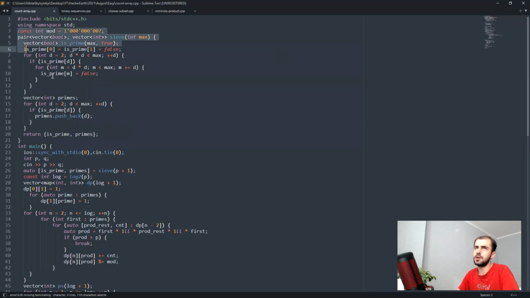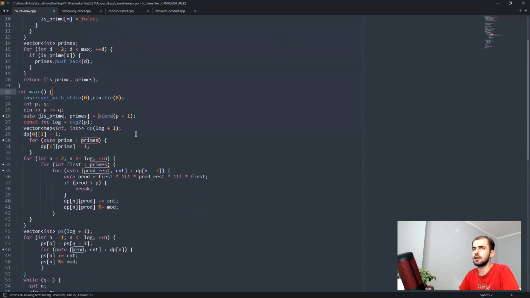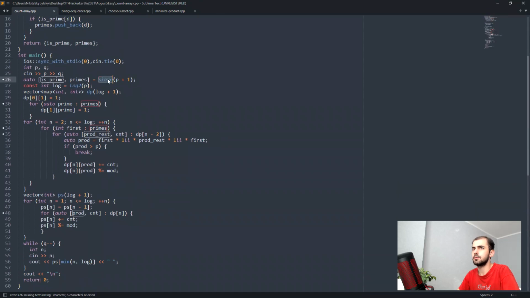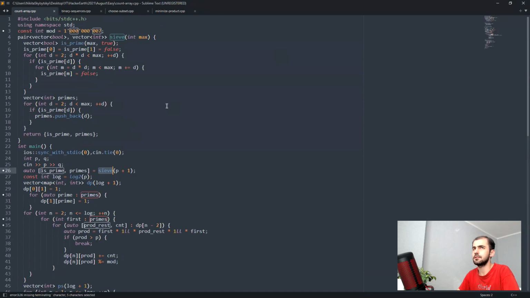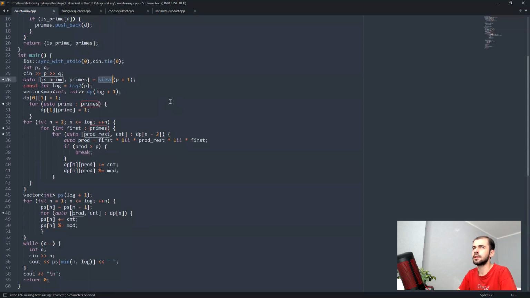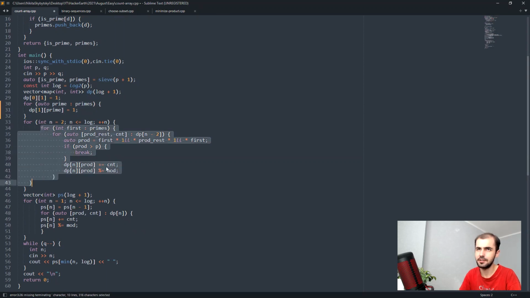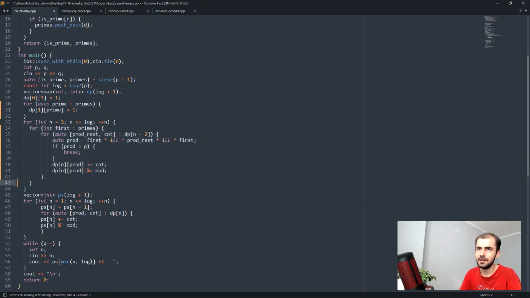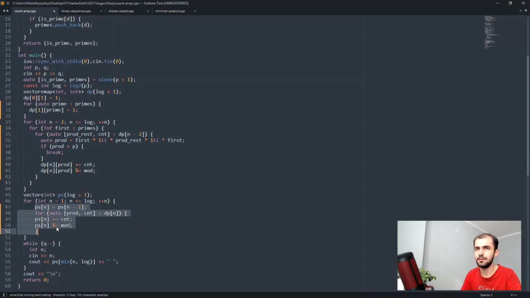So this problem I probably overcomplicated. What I did, I got my Eratosthenes sieve to get all prime numbers quickly. Then what I... Oh my goodness, the indentation is terrible here. Okay, so what I... why did it happen to me? I don't know. So what I did, I said like, okay,